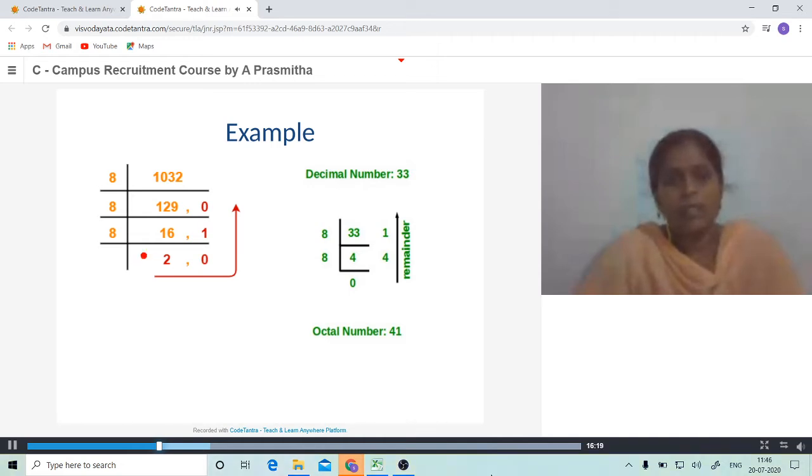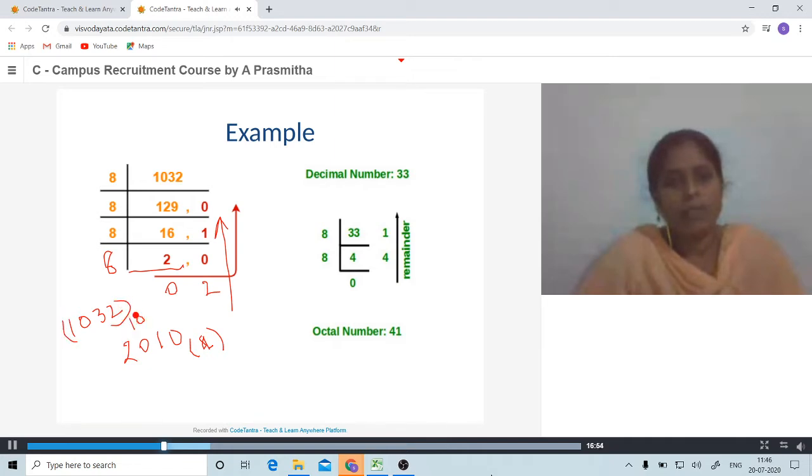2 is again divided by 8. Then you will get the quotient as 0 but the remainder as 2. So from bottom to top we write the value as 2010, which is the octal equivalent for the given 1032 of the decimal number system.